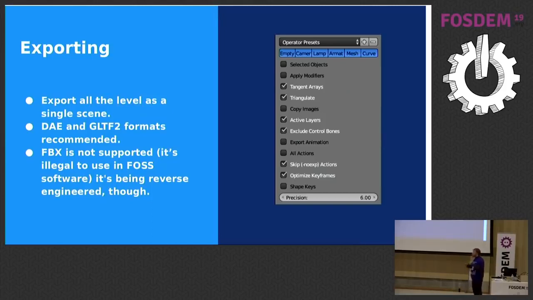There's no open effort for reverse engineering the FBX format. It's a very closed format. There's no specification, just a closed library to open it. But it's being reverse engineered, so I hope we can still support it soon, because people really requested it, the ones that use Maya or similar.